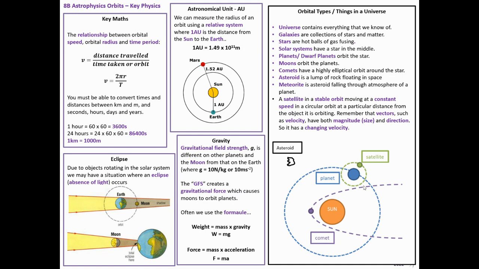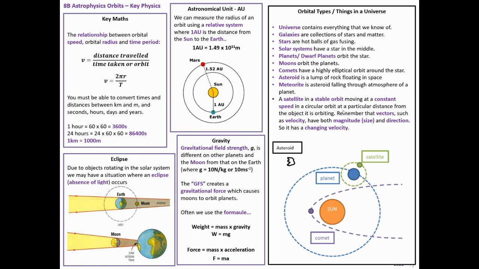Comets, they have these usually elliptical orbits that go around the suns or the stars. They come around every so often, and we see them and they look cool. And they're made of rock and ice. Asteroid, just a lump of rock floating in space. We have an asteroid belt further out in our solar system. If you hit stuff like meteorites or asteroids, it's not good. But a meteorite is just an asteroid that falls in the atmosphere of a planet, burns up often as it